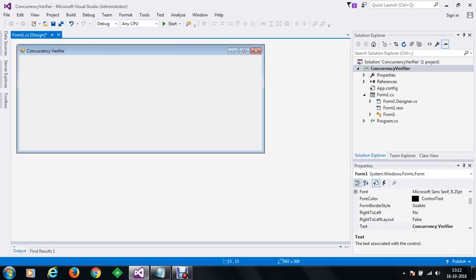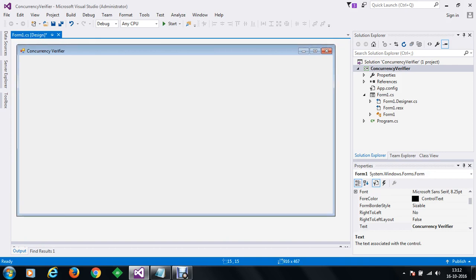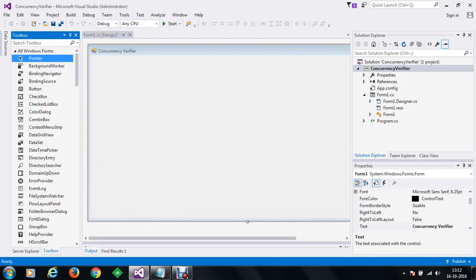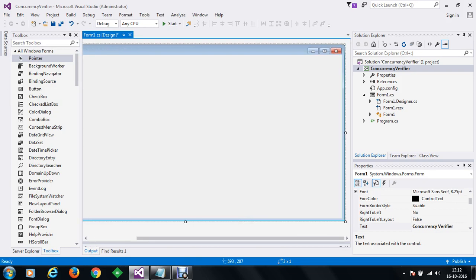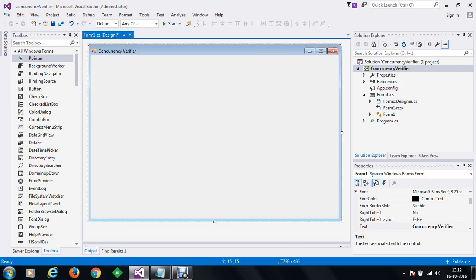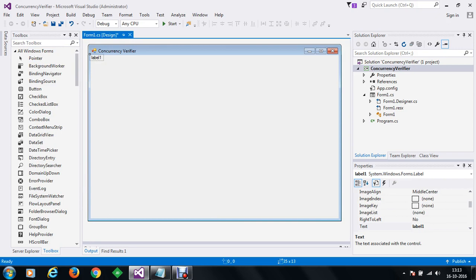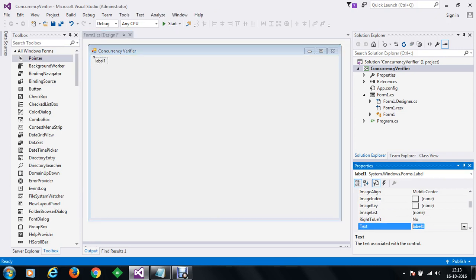Now we are going to adjust the layout, height and width of the program so that we can make a nice software for us. First of all, we are going to make use of the toolbox here. Let's put the toolbox here. Let's reduce the size a little bit so that we can view it properly on the form. The first thing I want to get started with is a label control. We'll take a label control and drag and set it here. We are going to change the label control to something more appropriate.